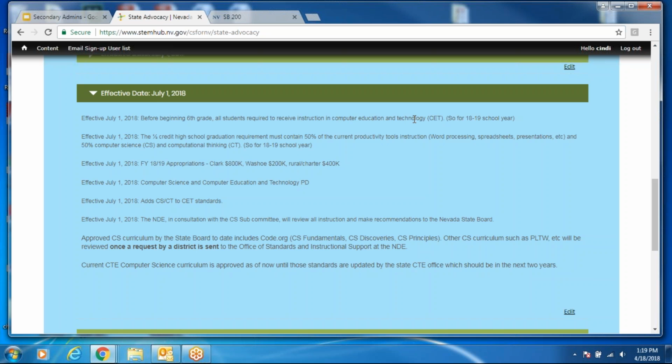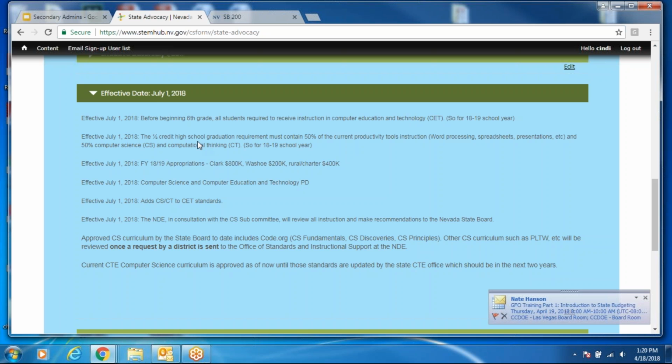But the importance of this, just some background knowledge for you secondary admin folks, is that what the lawmakers were seeing is that there's more and more testing happening at the elementary level. The questions being asked were, are we testing our young people on their actual subject matter content knowledge, or on whether or not they can use the computer properly? And so they felt the need that we need to have this pushed down earlier for these folks.